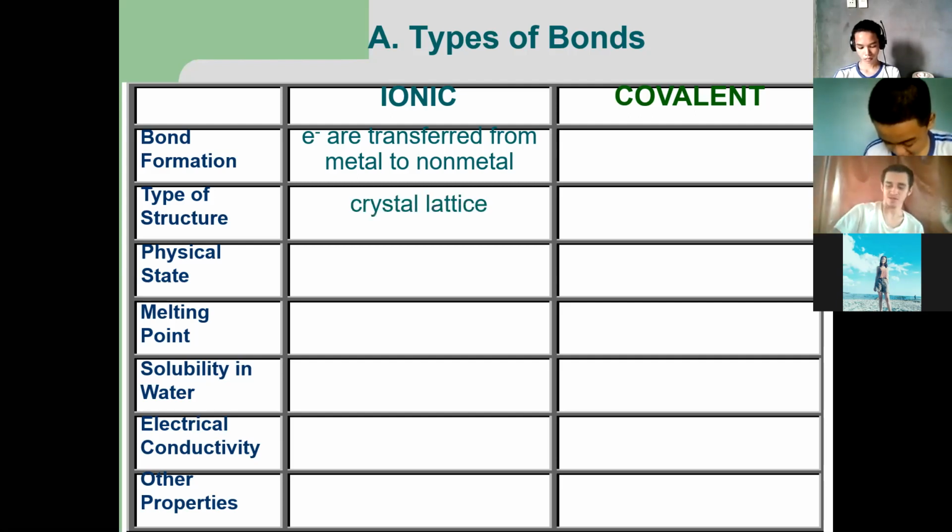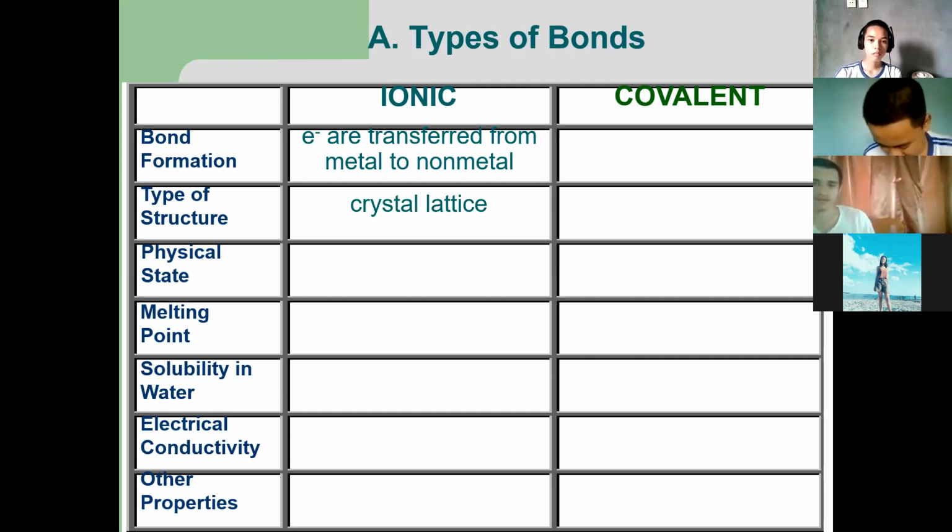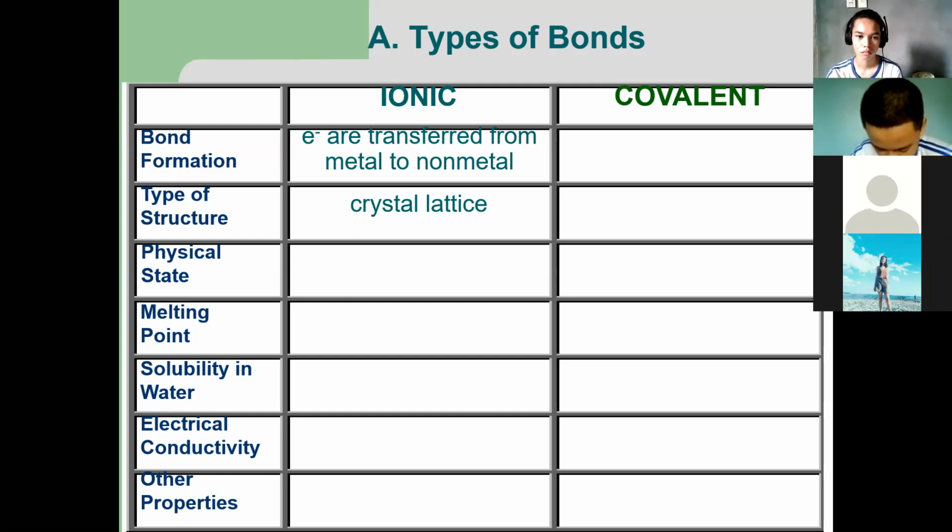What is the type of structure that is present in an ionic bond? It will create a crystal lattice or a lattice structure. A lattice structure could either be pyramidal, square planar, or octahedral. These structures will be the basis of how a covalent bond will be named according to its structure. The physical state of an ionic bond after the bond is made is a solid. The melting point is high, and solubility in water is present. Example of it is